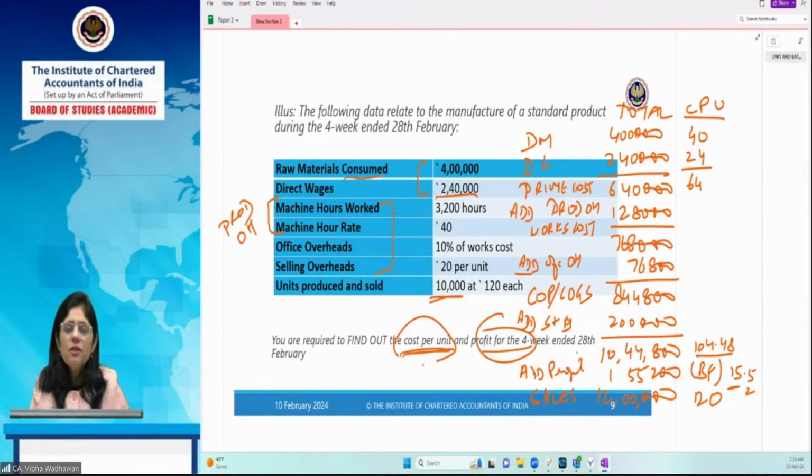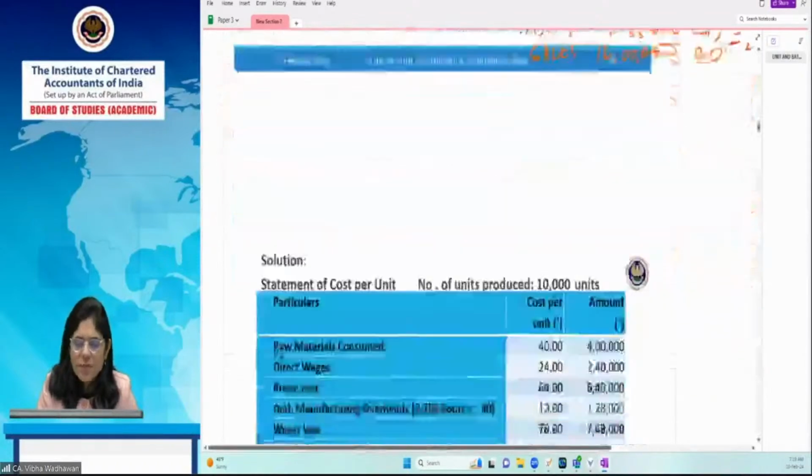Pawan, we are doing unit and batch costing. All right. Unit and batch costing we are doing. So just look in the study material, which exact unit it is. All right. So I hope this question is clear to you. Let us move to